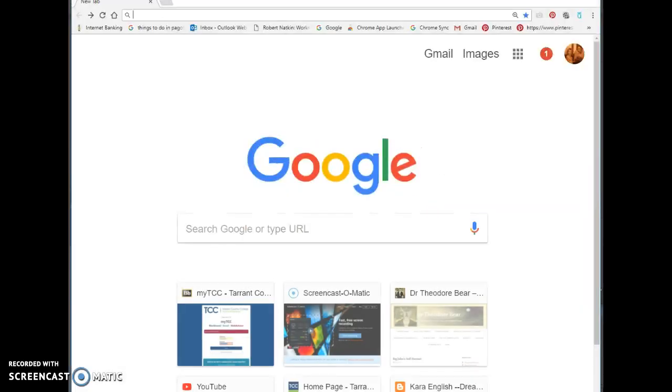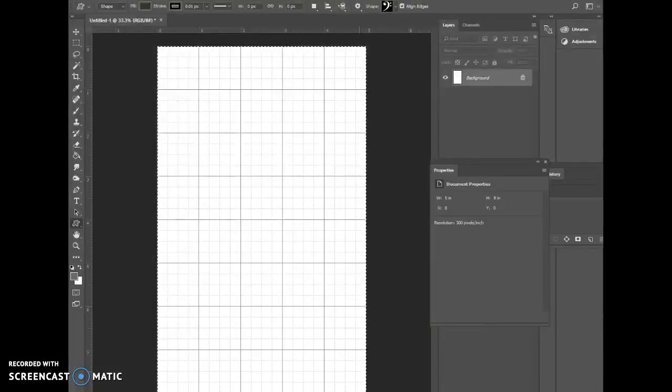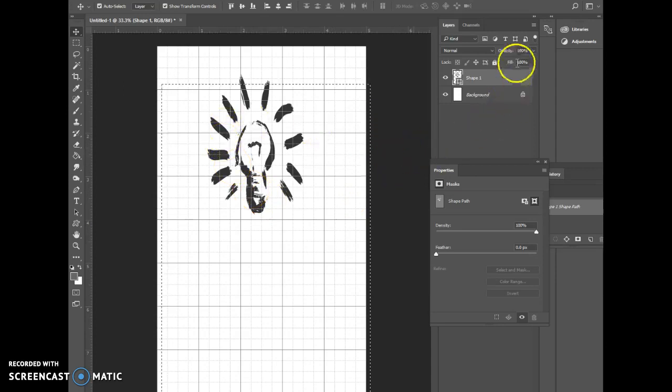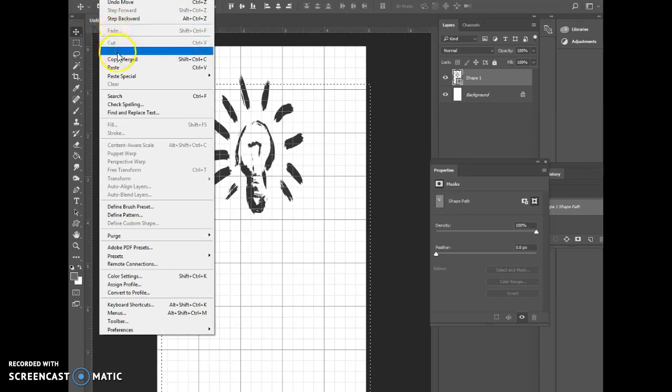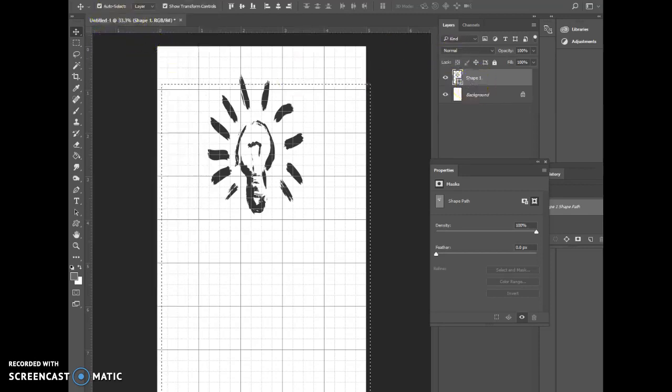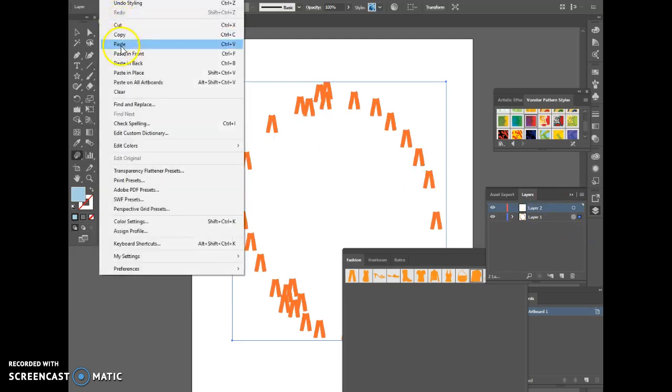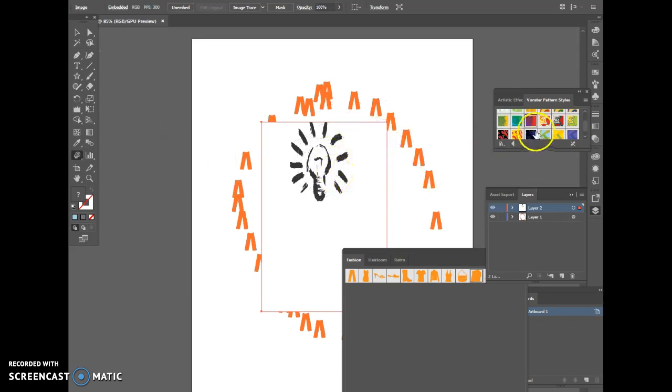And then we have Photoshop open at the same time. Whoops, Photoshop. And remember, the shape tool is right here. There's the rectangle, custom shapes. We also can bring those in and use those as well. So say I want to do a light bulb. And I've made that light bulb. And if I want to use that in Illustrator, then all I'm going to do is go to Edit, and that layer is clicked, and copy, and then go back to my Illustrator, and on a new layer here, I'll lock that one, just be locked, and paste, and there it is. It doesn't have to be in black. Now I can